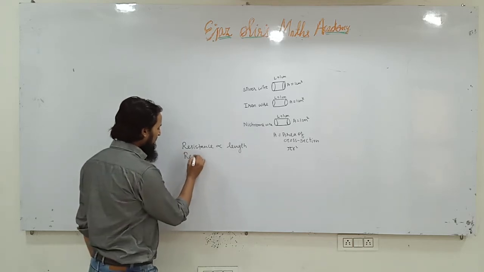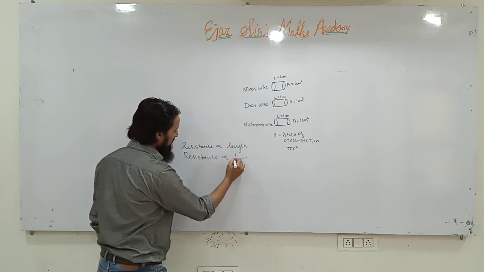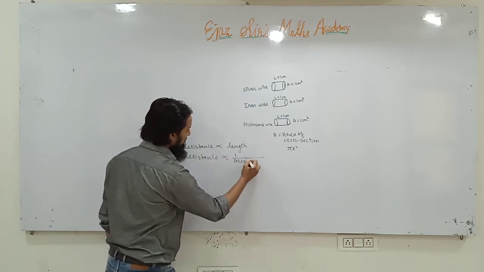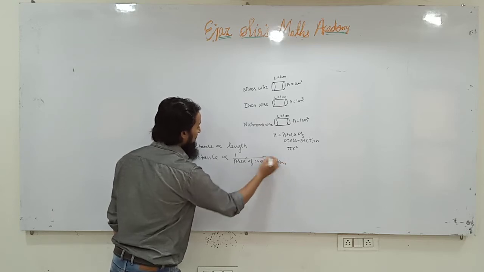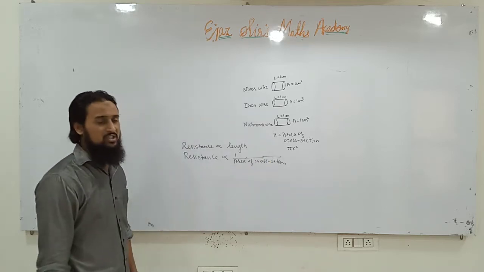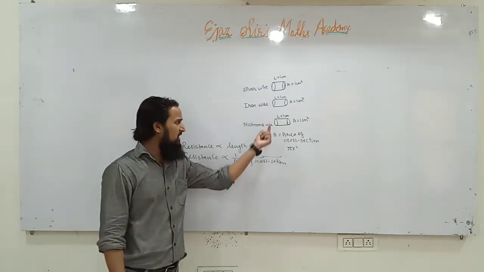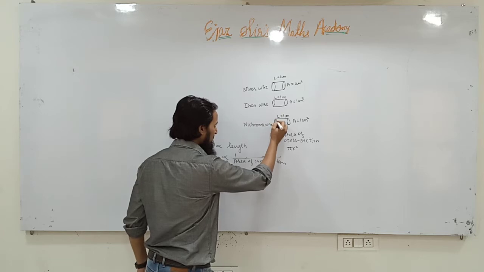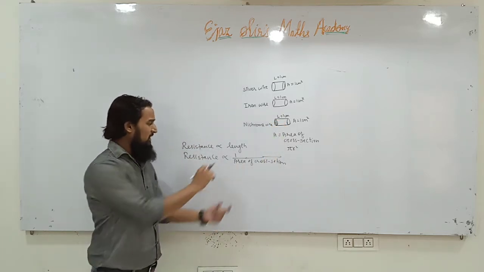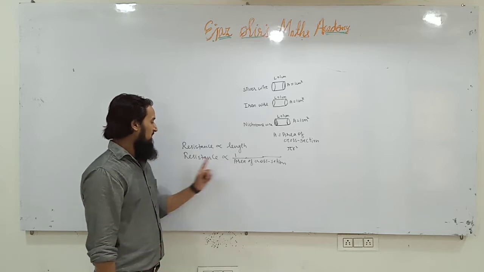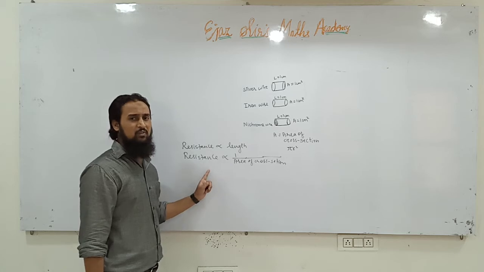We have studied that resistance of a conductor is inversely proportional to its area of cross section. You know what inversely proportional means. If the wire has greater area of cross section, means its thickness is more. Area of cross section means thickness. This area, circular, pi r square, is called area of cross section. So, if the area of cross section is bigger, then resistance will be less. And if the area of cross section is less, then resistance will be more.